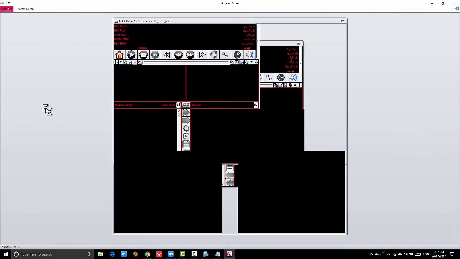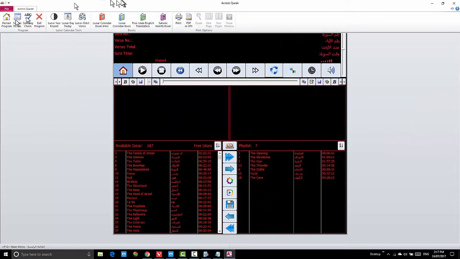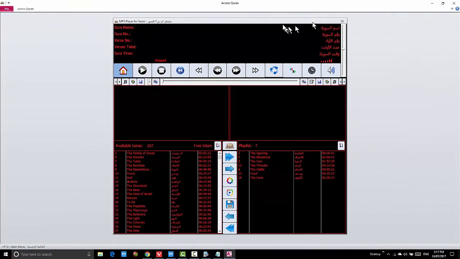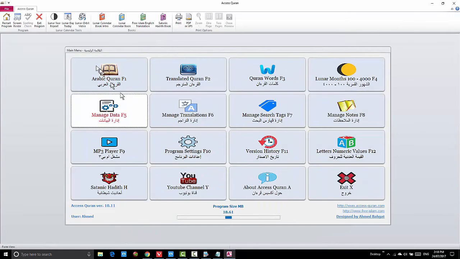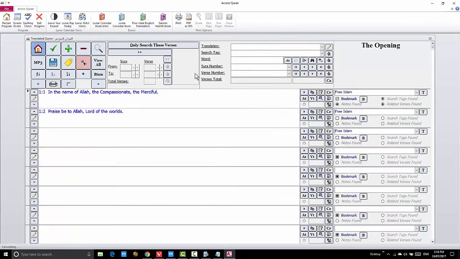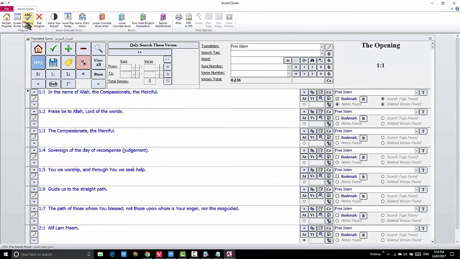Look, if I close it and you go there, you can actually make this sit there all the time. I'm not sure, if you double click this, it should stay. Yeah, here it is, stayed. So look at the button now. I'll open the translated Quran. Now if I